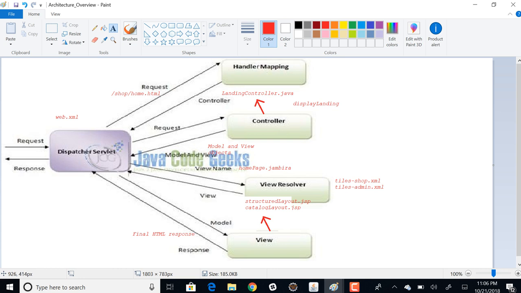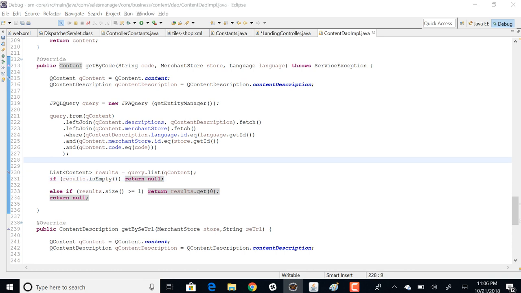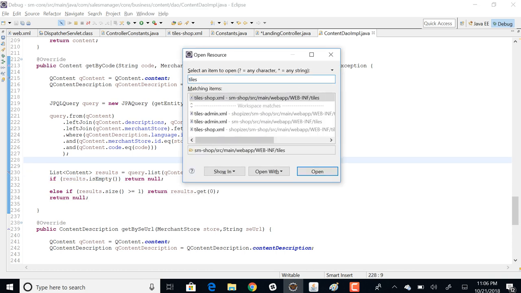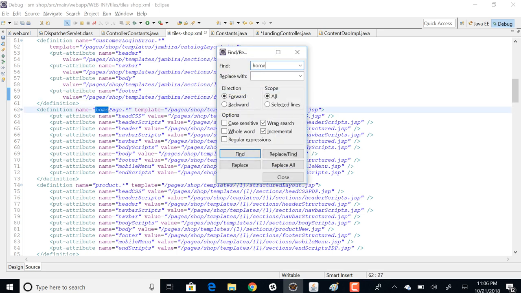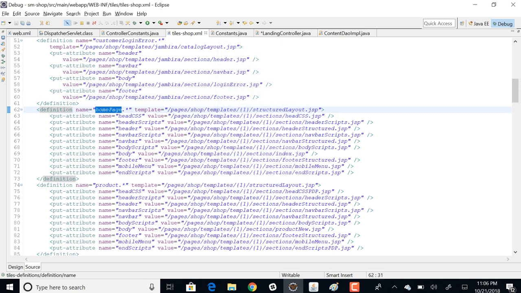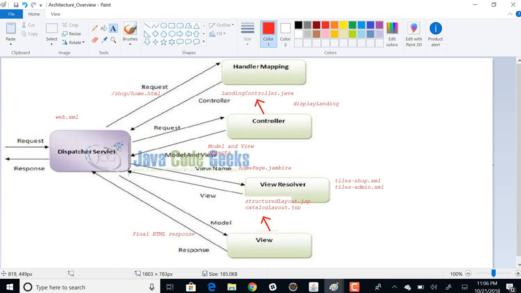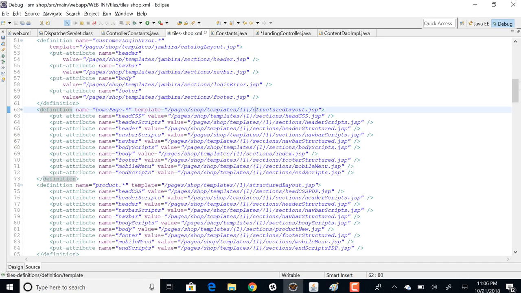So how does it find out? We'll see that in tilesshop. We know that the view name is homepage.jambira, right? If you go here, in tilesshop.xml, homepage.star is the view name. It is actually mapped to structurelayout.jsp. So we know that homepage.jambira is actually mapped to structurelayout.jsp,